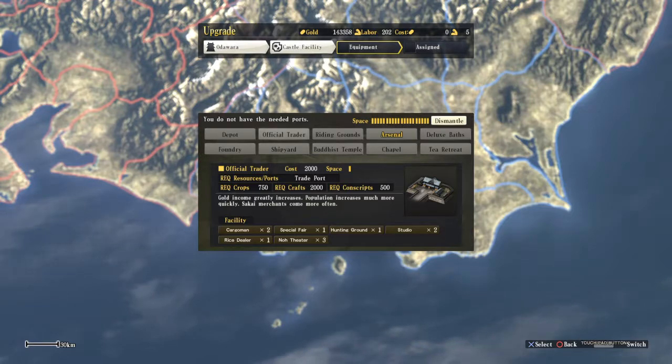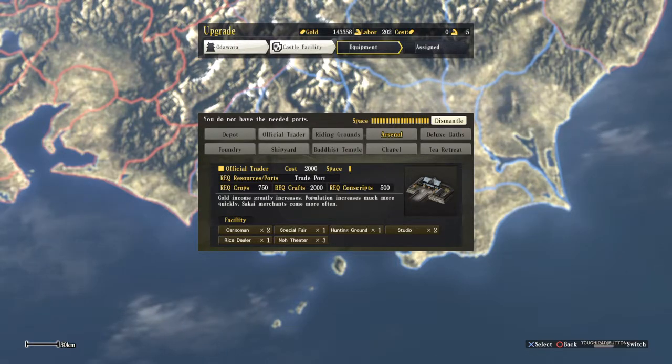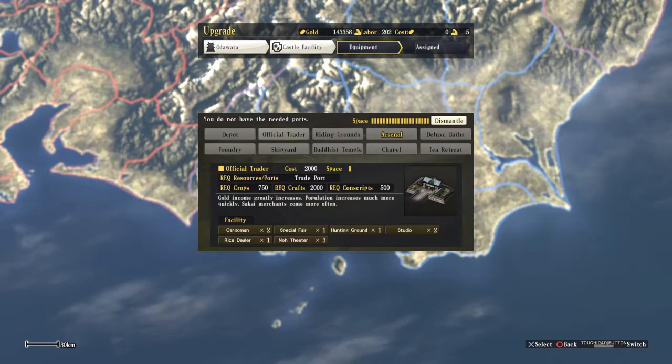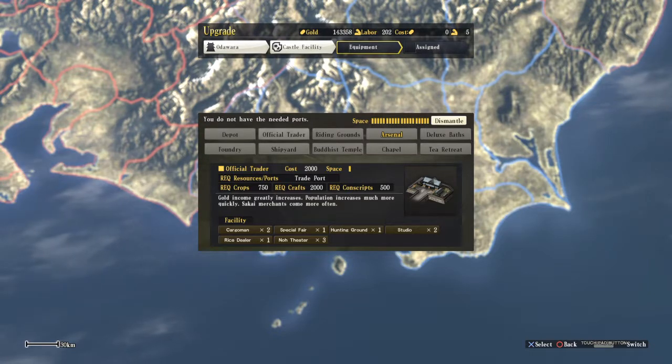Official trader. Again, it costs 2,000 and takes one space, so they're all the same. It requires a trade port, and crops should be a minimum of 750, crafts 2,000, and conscripts 500. Gold income greatly increases, and population increases much more quickly. Sakai merchants come more often. That means we can buy more trade goods for giving to our favorite generals or trying to bring up